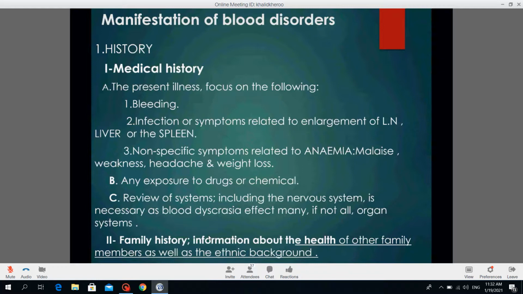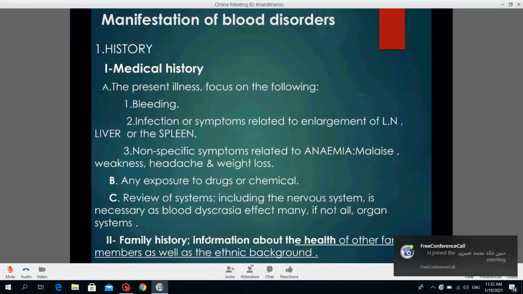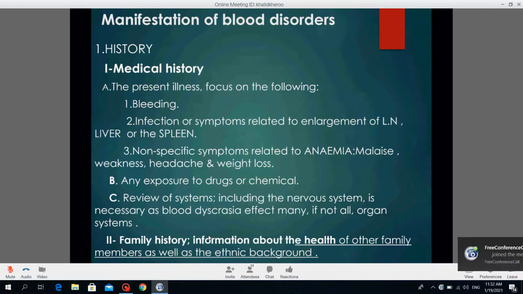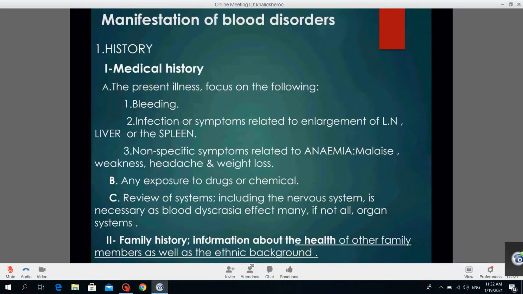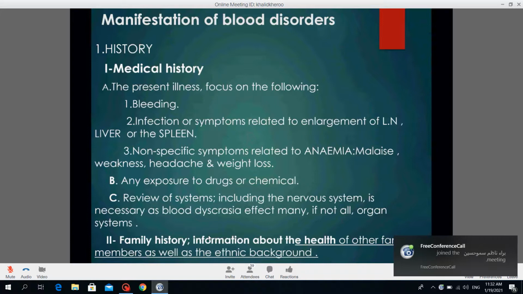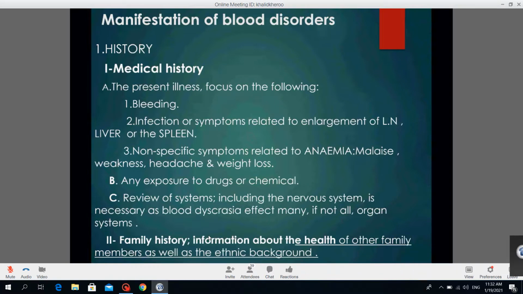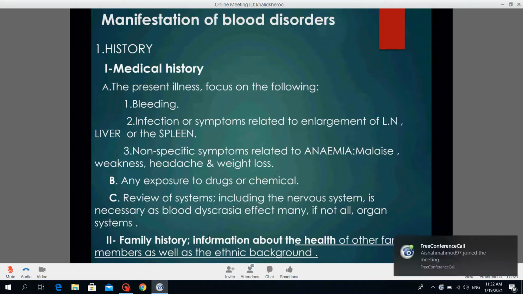So low white blood cells, particularly the neutrophil part of the white blood cells, is an important cause and predisposes the patient to infection. Anywhere infection can occur. So when a patient presents with recurrent infection and low white blood cell count, again, this could be due to a blood disease, or it could be due to diseases outside the hematopoietic system and affecting the white blood cell